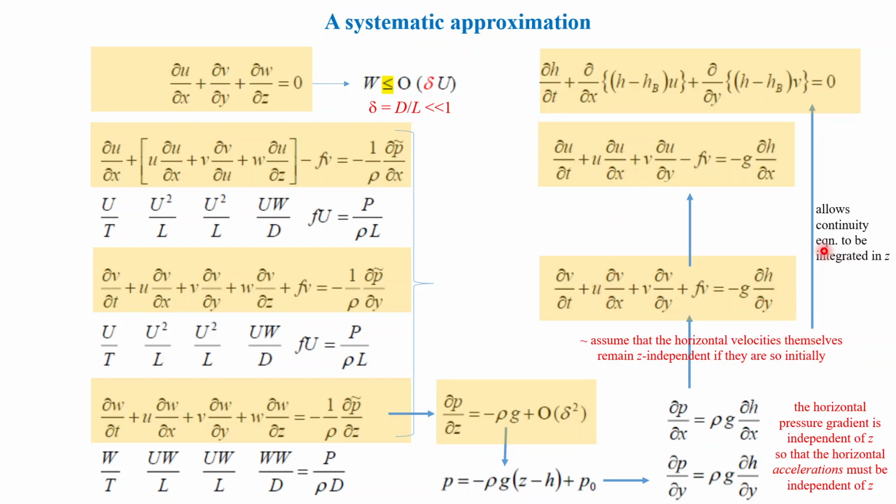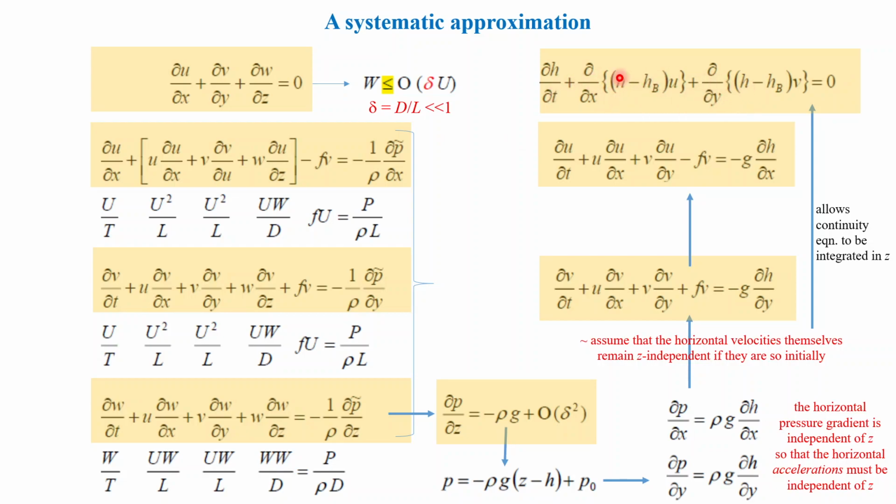And also, because now the velocity is independent of z, you can integrate the continuity equation, because du/dx and dv/dy will be independent of z. So you can easily integrate this equation to obtain w, the vertical velocity, from the continuity equation. Note that this w is not derived from the momentum equation, but from the mass continuity. So this is actually a diagnostic w, and with appropriate upper and lower boundary conditions, you can derive this